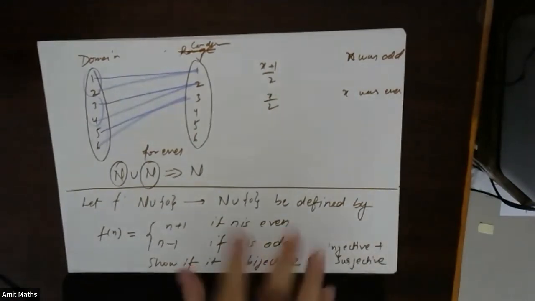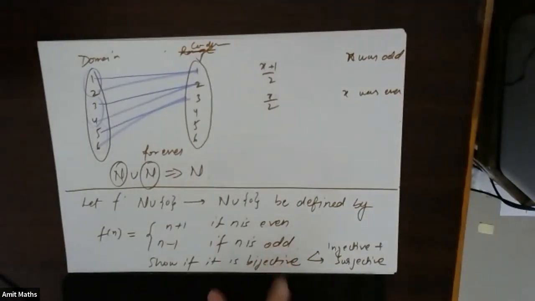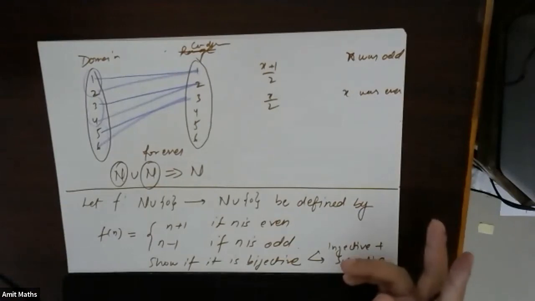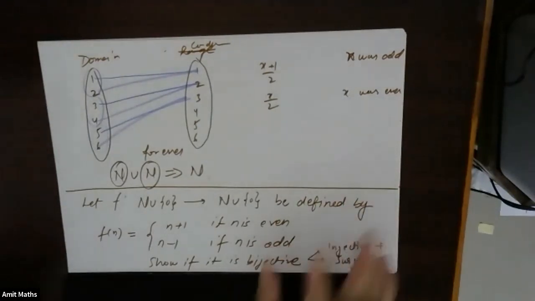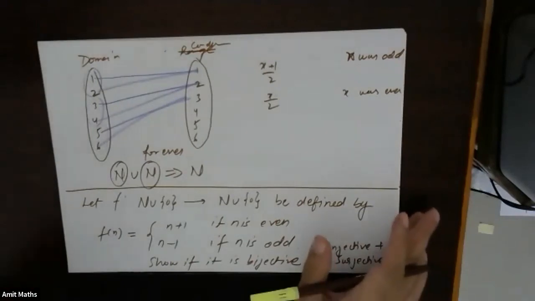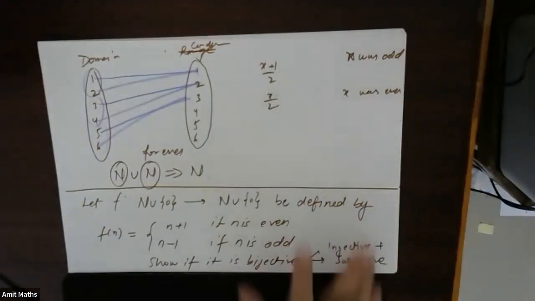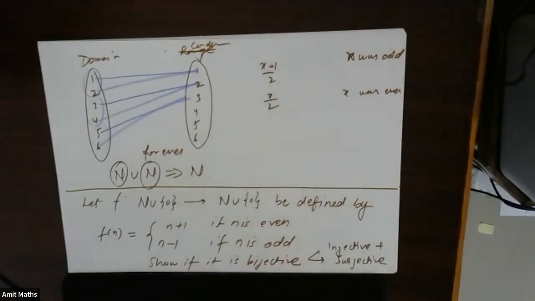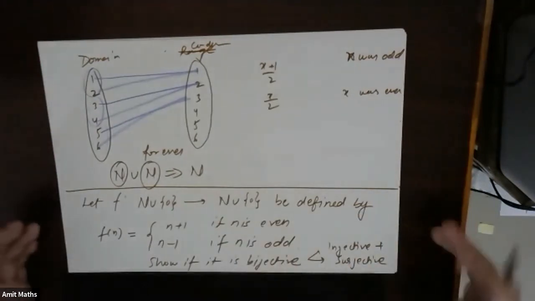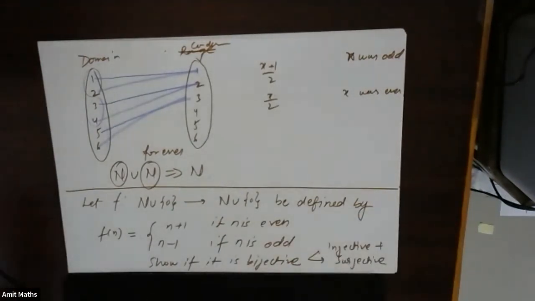After this injective and surjective nature of functions, in the next part we'll look at different kinds of functions, and we'll find the domain and range of different kinds of functions. In that, I will also do the signum function, floor function, greatest integer function, and fractional part function. First we are just looking at the broader definitions, how we are proving things. Then we will look at the different functions, and we will also do the wavy curve and all that basic part of mathematics. So write this question. I'll solve it in the next class, and then we'll start with different kinds of functions and finding the domain and range of those functions.